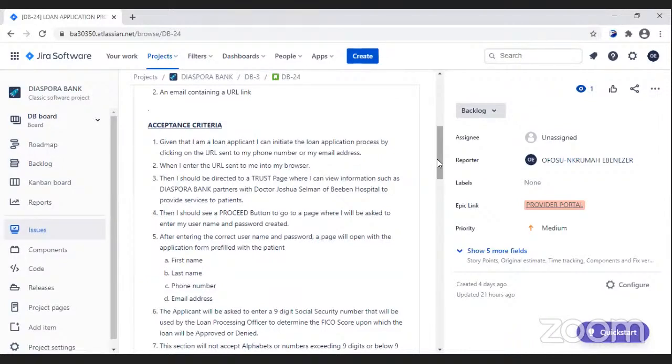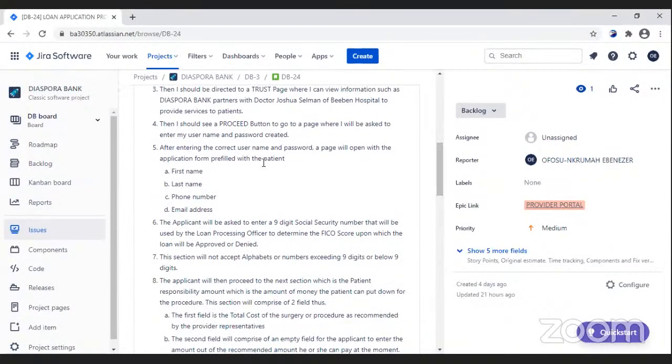Then I should see a proceed button to a page where I'll be asked to enter my username and password created. So that's the difference between this and what I talked about. From here, you just go straight and then enter your username and password. Now, after entering the correct username and password, a page will open with the application form pre-filled